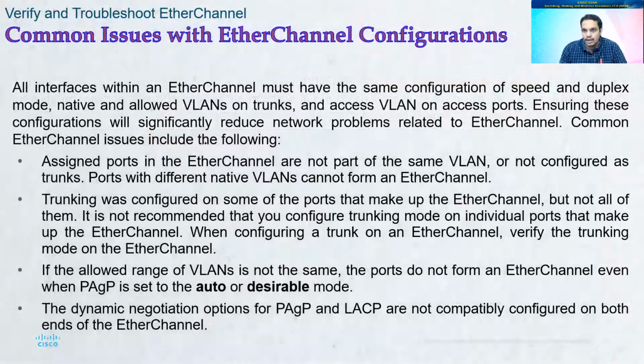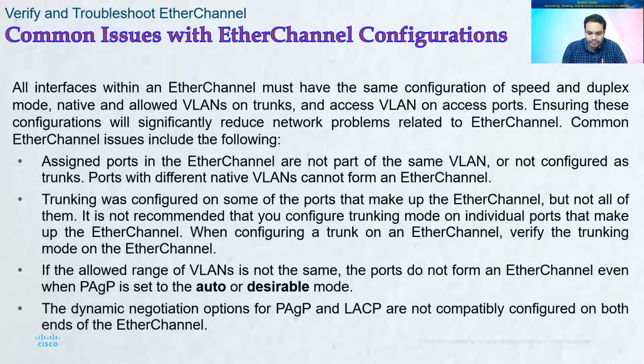What about troubleshooting? When we talk about troubleshooting, first of all, you should understand there are some common issues when you configure an Ether channel. The issues might be misconfigured or mismatched VLANs on the ports, duplex settings not the same, or speed settings not the same. Sometimes the native VLAN is different. If there is a difference in the native VLANs of the ports on the switches, your Ether channel will not be created. A mismatch of the modes might also prevent dynamic negotiation of the channels. If one side is auto and the other side is something else, it won't match, right? So all these things need to be taken into consideration.